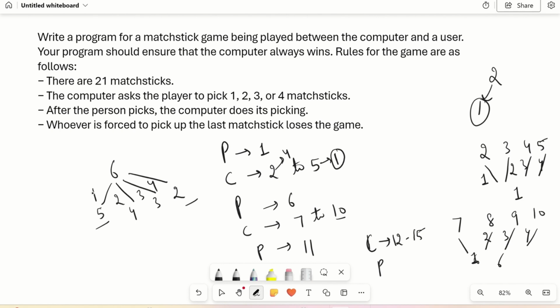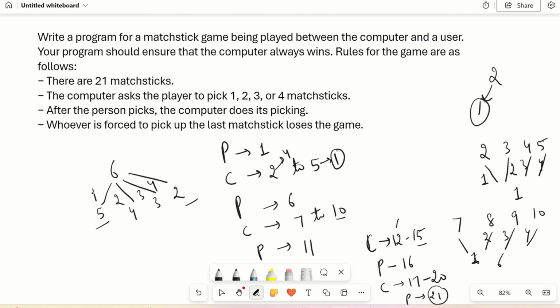Next step, the player should have 16. Then for the computer it will be 17 to 20. 16 plus 1 is 17, 16 plus 4 is 20. Similarly, for the player, you can add 17 plus 4 or 20 plus 1. It will come out to be 21. Obviously, the game is starting from 21, so we can stop here.